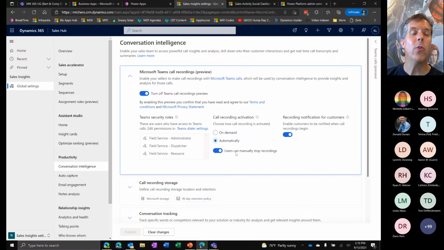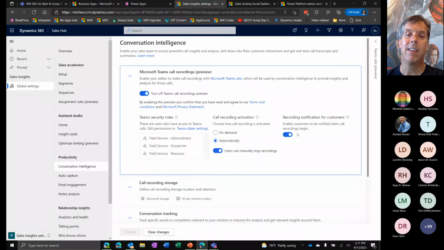Now, we have a few different options around that call recording. I have it set automatic, but a user could stop it if they wanted to. I don't know if you remember in the user interface when that popped open and the call got announced, I had the ability to toggle a switch off to stop the recording if I figured out that the person on the other end of the line didn't want to be recorded and I didn't want them to just hang up. I could have just stopped it, but I can turn off that capability if my organization doesn't want the employee to have that function. So all of those are configurable options.